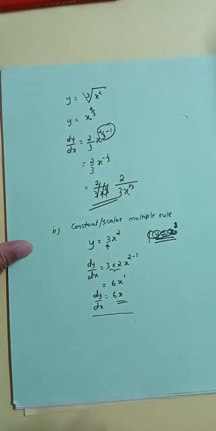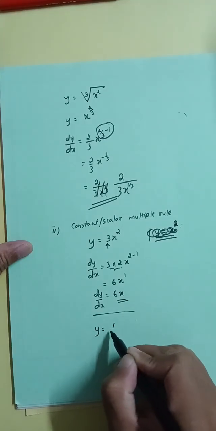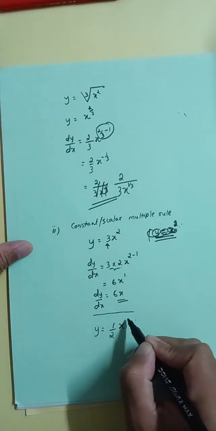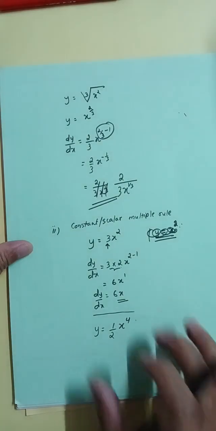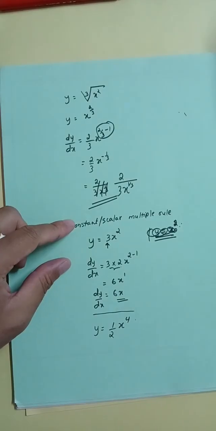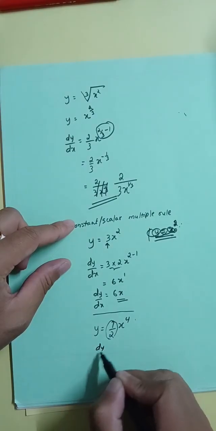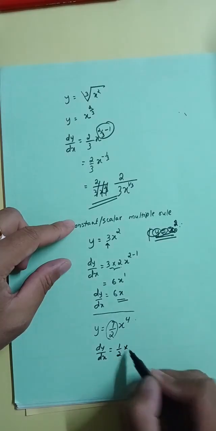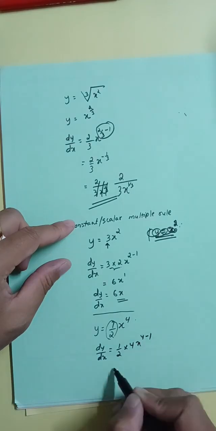Now second type: y equal to, if my constant is say 1 over 2, then x raised to 4, whatever function I'm giving is random. Now the constant is 1 over 2, so dy over dx is equal to 1 over 2 times, applying the power rule for this x raised to 4, you'll get 4 x raised to 4 minus 1, which is